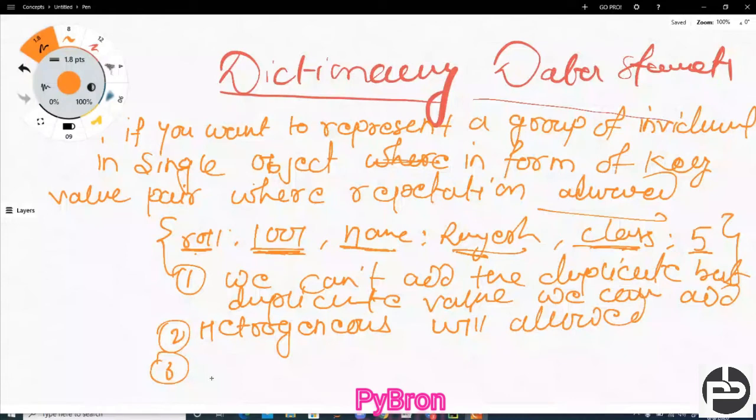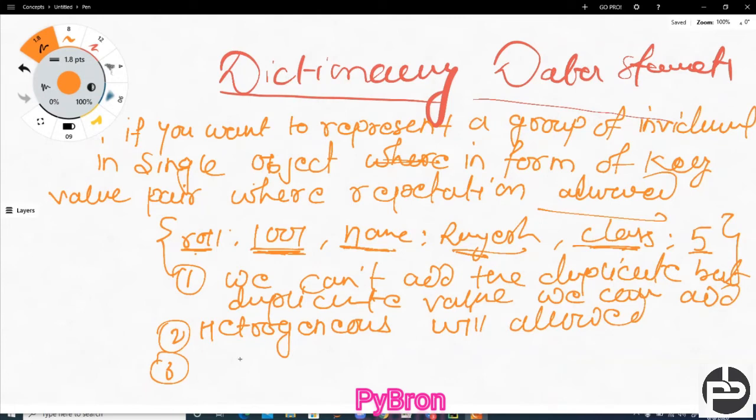In case of list and tuple you had seen indexing, because their elements are inserted in the form of an index, but here elements are inserted in the form of key-value pairs. So here the key will play the main role.